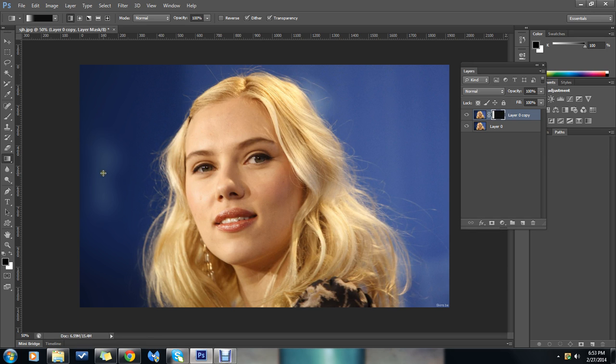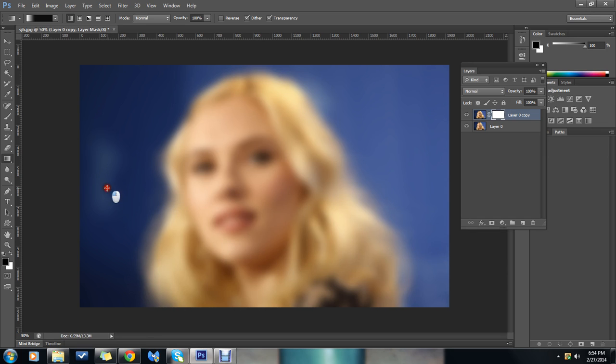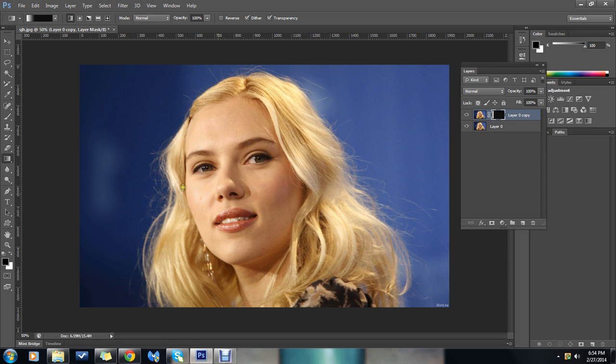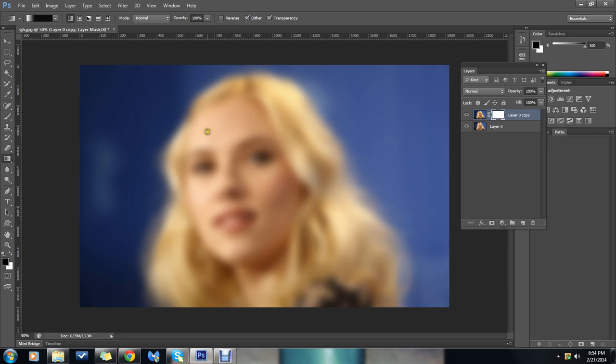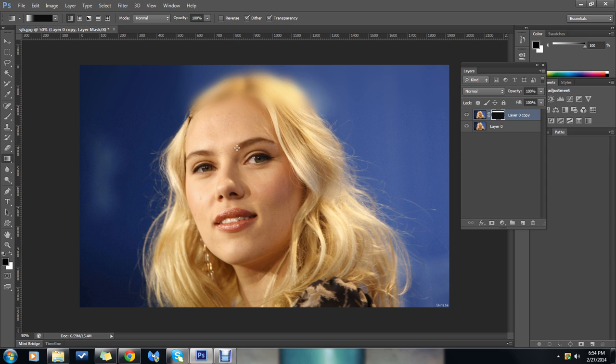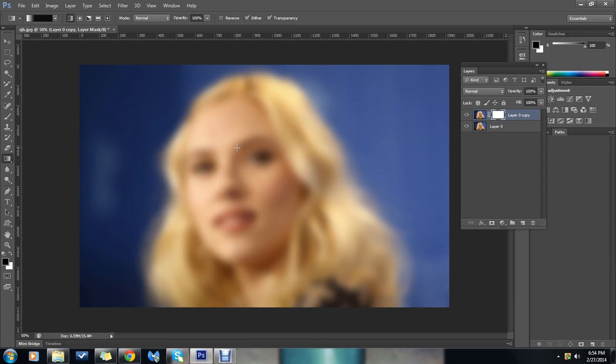And you can see the effect there. You can do a shorter line, and you can see over here how this mask changes. So let's just do a little bit right down our face here, and you can see how the top part of our head is still blurry. And one of the things that we can do is let's go ahead and make our